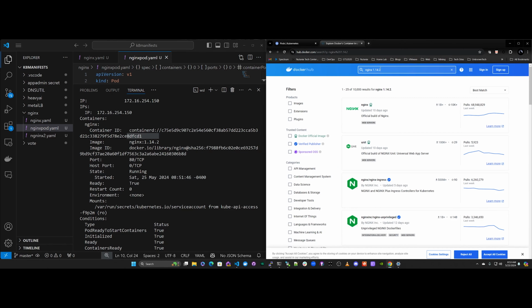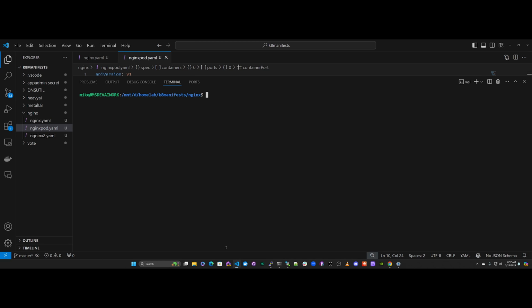But for now, let's just assume we're at the very basics. We're going to pull these images from Docker Hub, okay? So let's delete this pod again. Okay. Now,